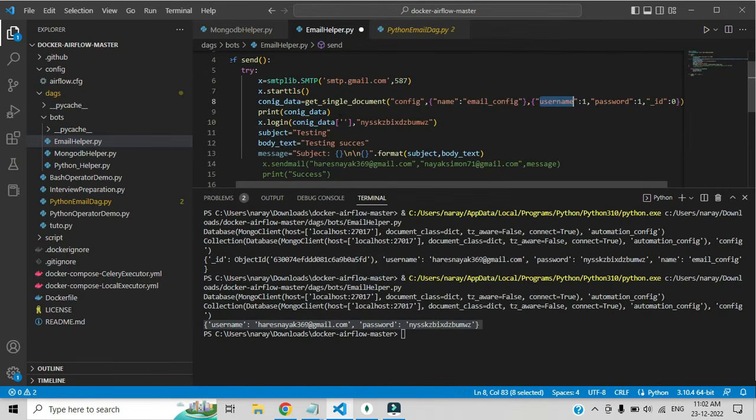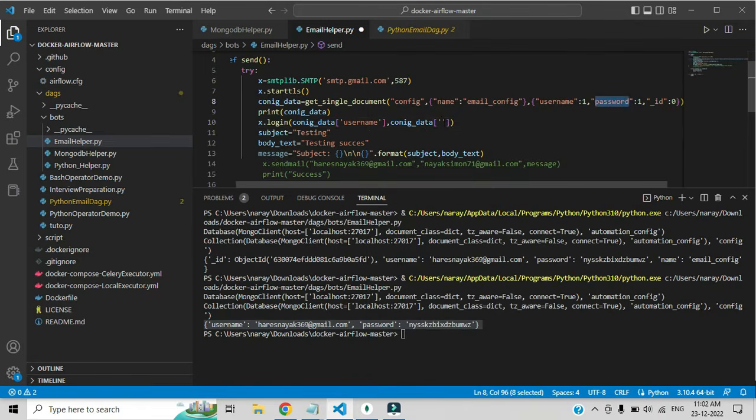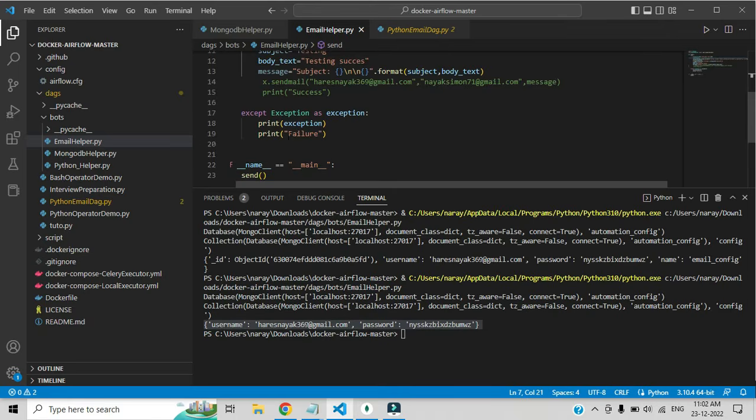Okay. So you need to copy and paste this one here, and instead of this hard-coded password, just remove it and add config data here. Inside config data, you need to pass this password. So instead of this hard-coded value, you can print it dynamically. Now I'm